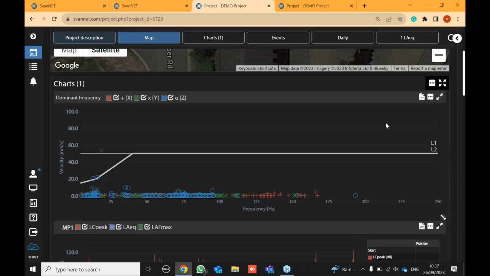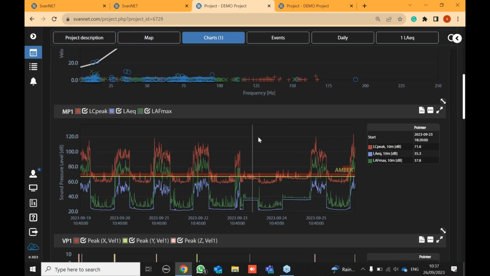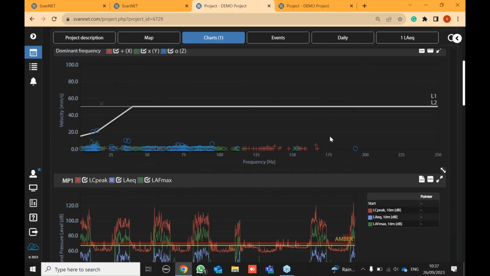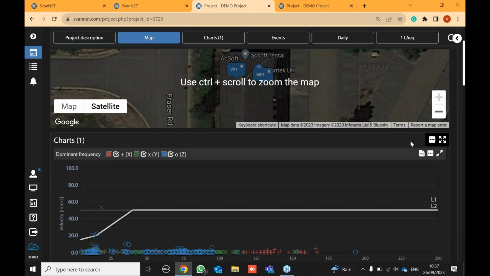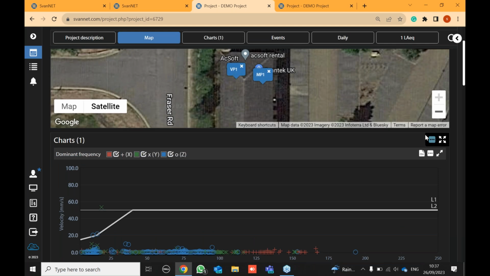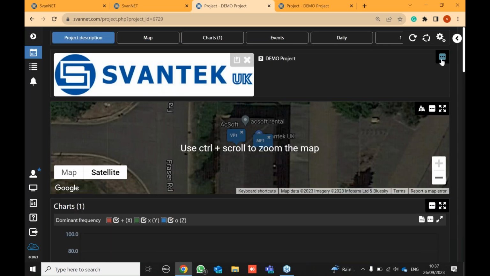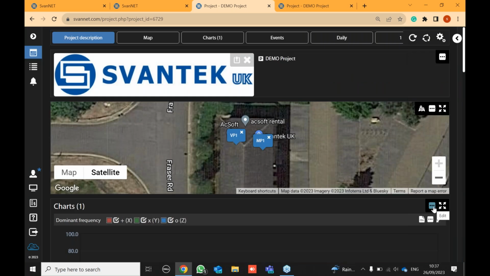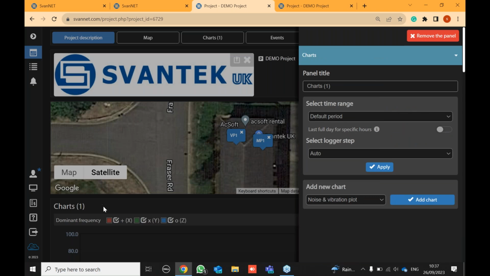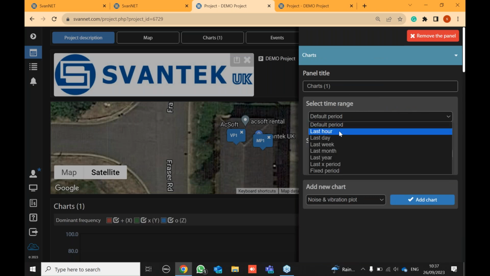So if I turn off edit mode, and let's say, for example, that you want to generate a quick report from this view page based on a selected fixed period. What you can do is go into charts in the project view,